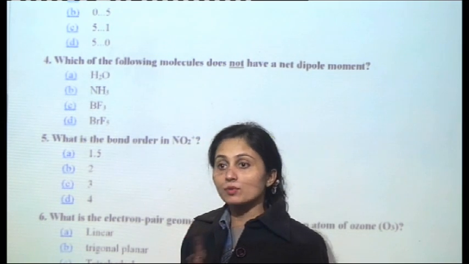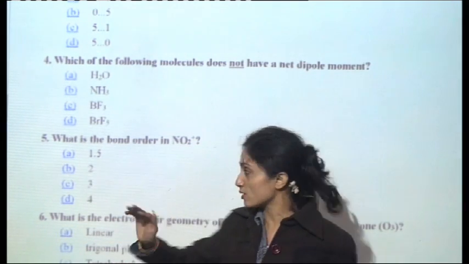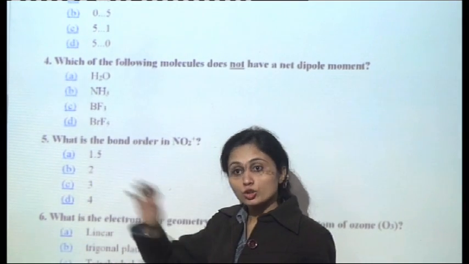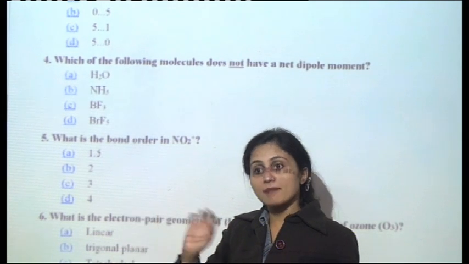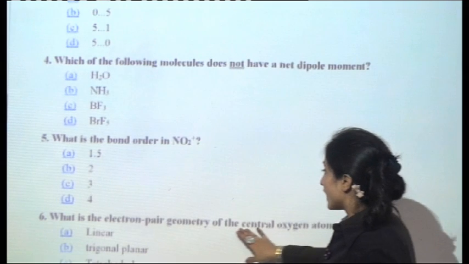In this case it will be 2. So the bond order, you know that the bond order is equal to the number of bonds. So in this case what will be the answer? It will be 2. दोनों तरफ को नहीं देखना, you will be checking up the maximum on one side. So 2. Okay, which is the electron pair geometry